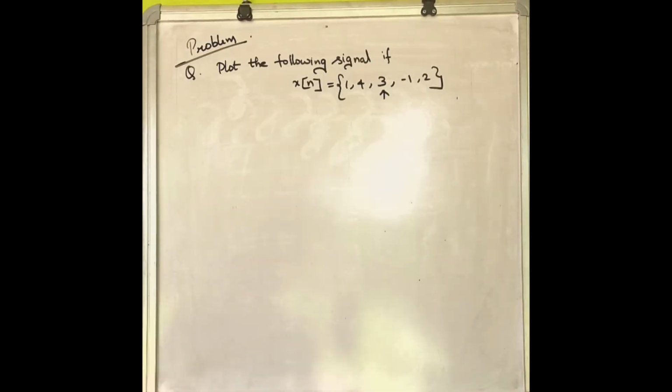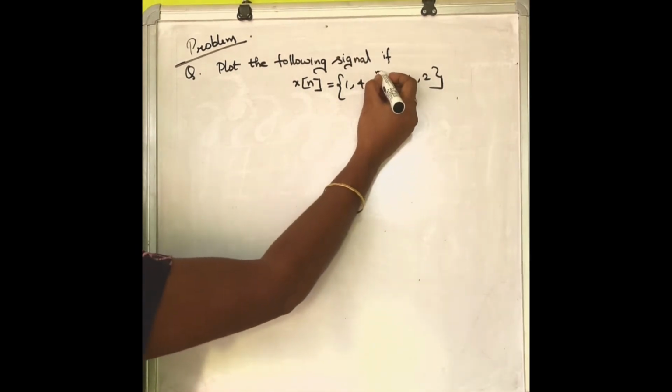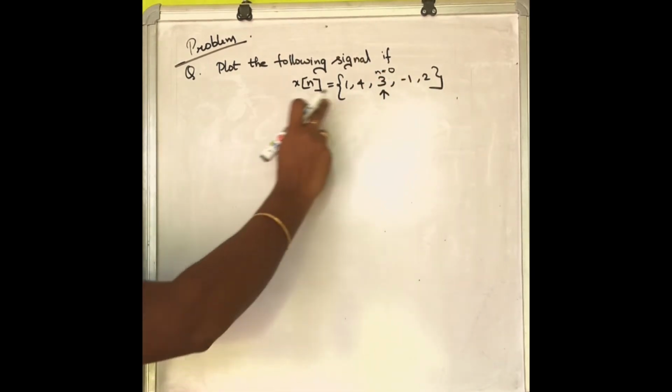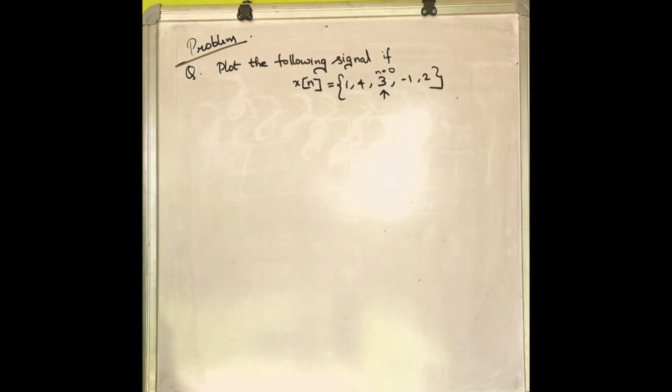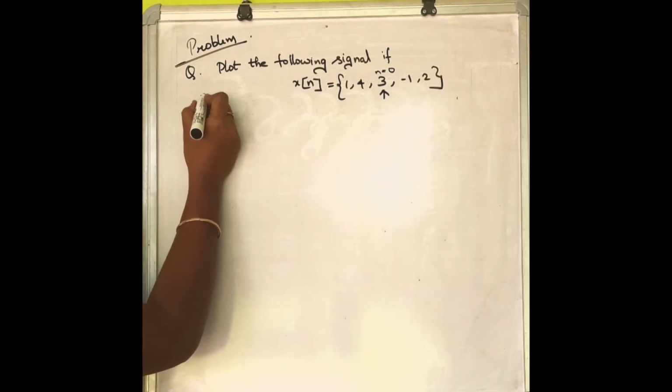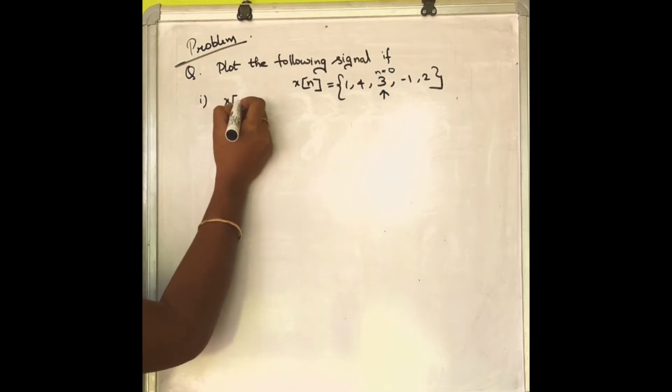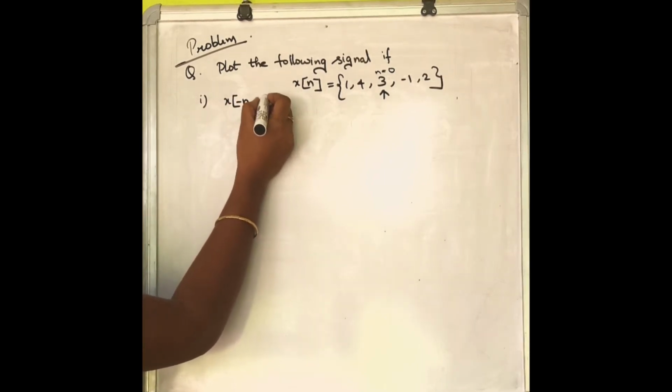Let's see a problem on discrete time signal. Plot the following signal if x of n = {1, 4, 3, -1, 2} is given. Here 3 represents n is equal to 0. So this representation is called sequence representation. For the signal you're asked to plot x of -n -1,